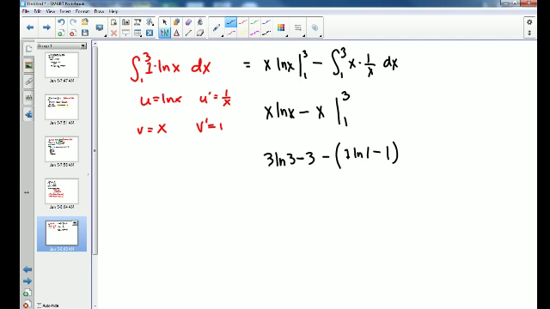This is 0, correct? So we have -3 minus -1, which is